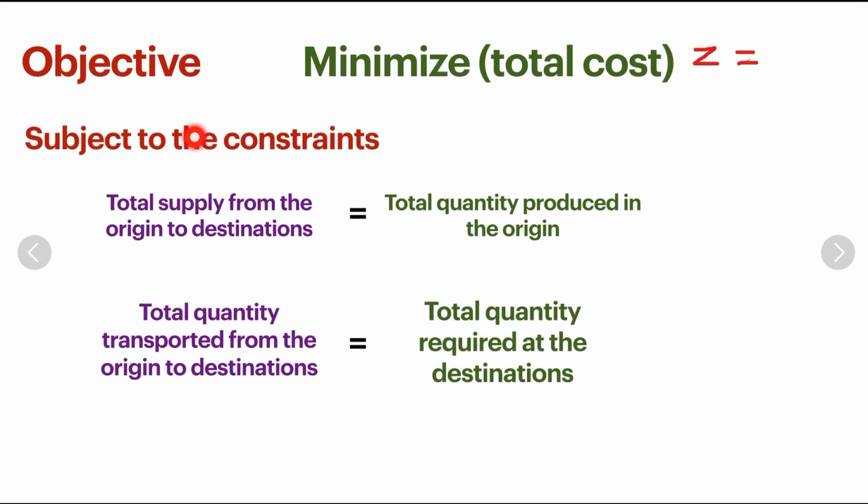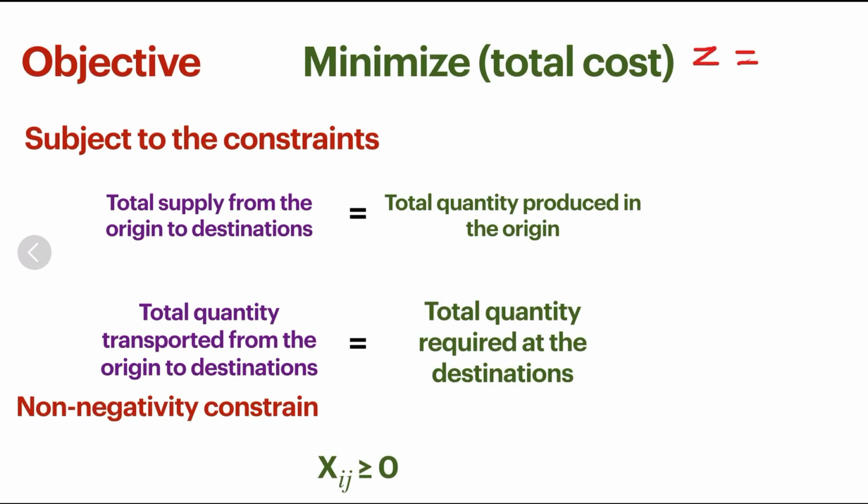What is the third part of a linear programming problem? Exactly, non-negativity constraints. So what do you mean by non-negativity? Here, the quantities are transported from one place to another. Therefore, we have x_ij is greater than or equal to 0. That is, a quantity transported from i origins to j